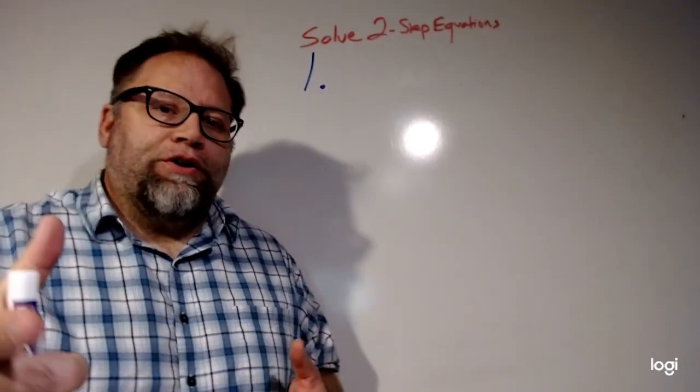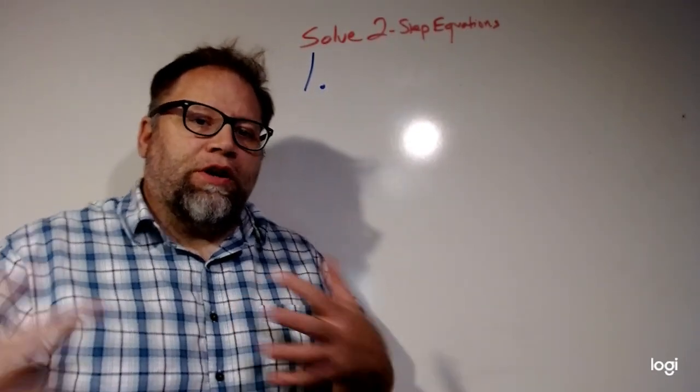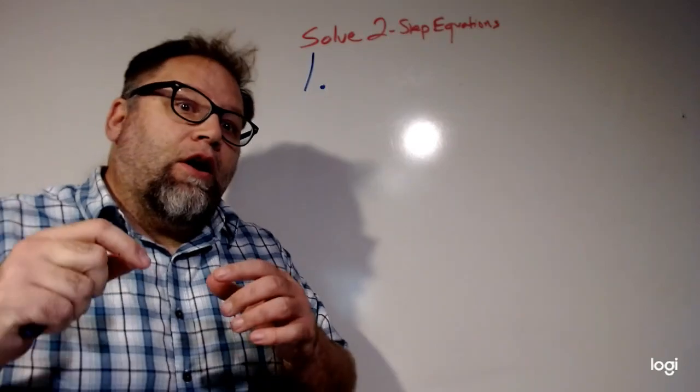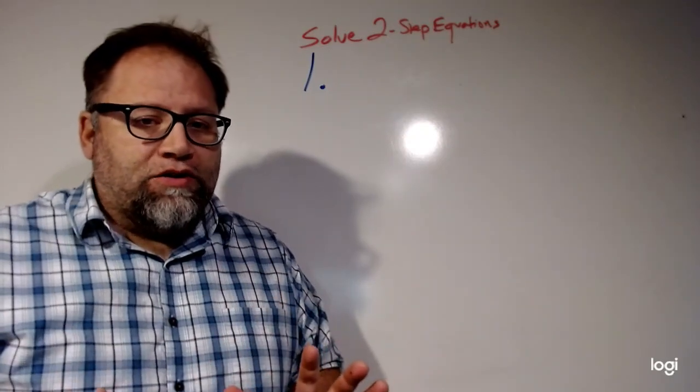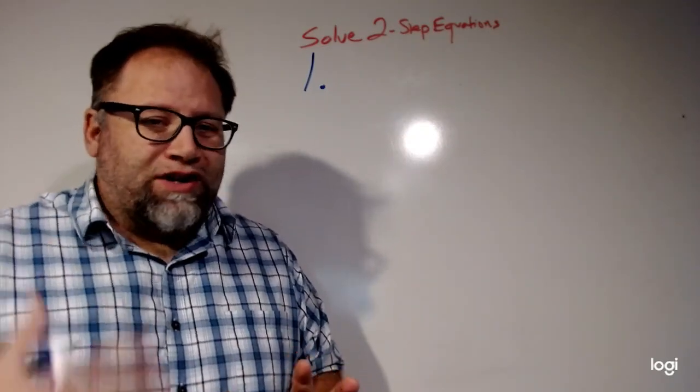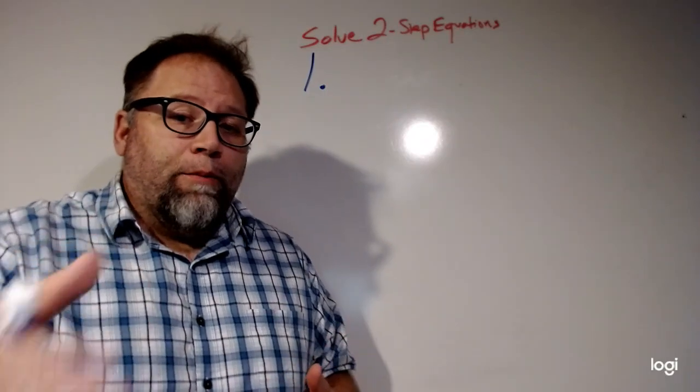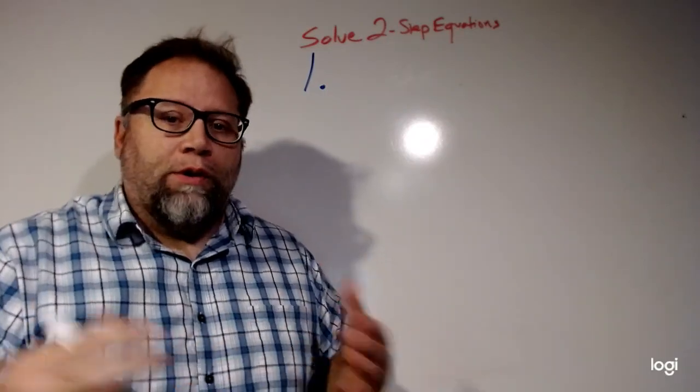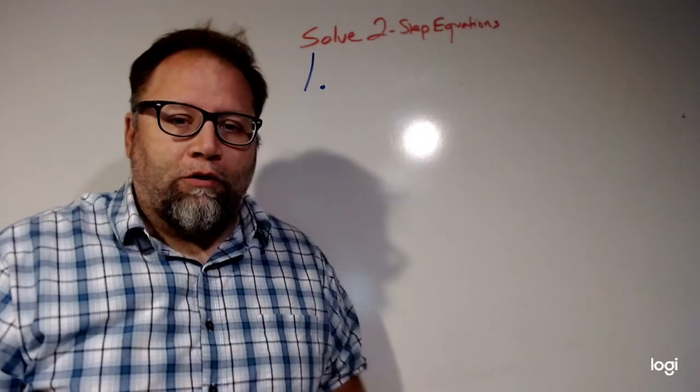Hey, okay, we're going to do two-step equations, but this time we're going to include some distribution in it. Not complicated. I mean, we know what distribution is. I went through and kind of talked about that. We're going to talk about it again today. But this should be pretty straightforward, and we're just going to take one extra step before we start doing that